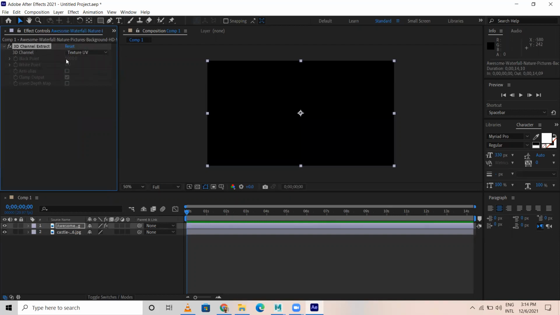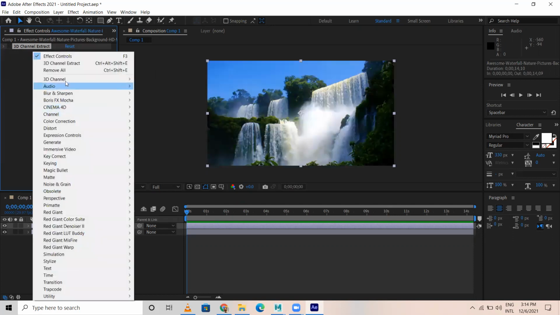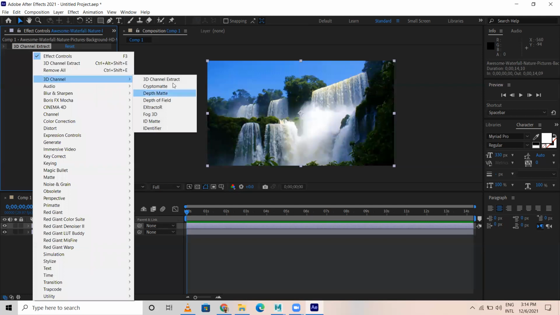Okay, actually for this 3D extract, we should have a texture map. Texture map, in the 3D software, you will be getting a texture map. We can generate EXR files. In that, we can extract Z depth, we can extract object ID, multiple colors will come. Surface normal. This is more related to 3D EXR format images that we can see in coming days. And all these are related to 3D channel only.